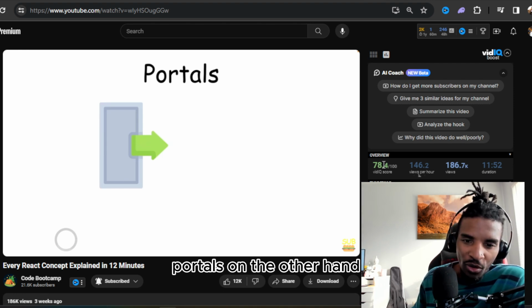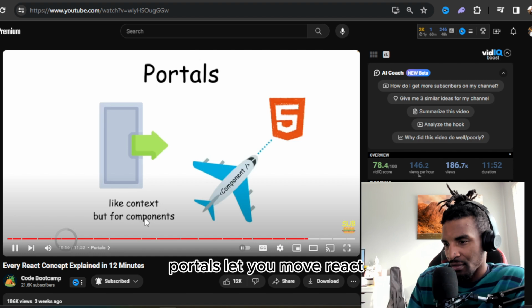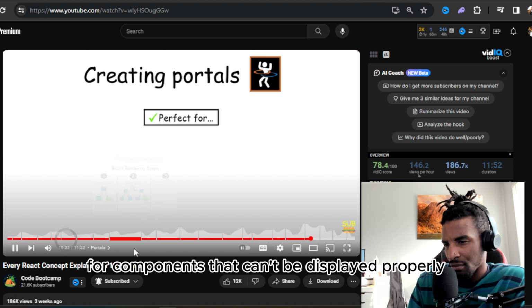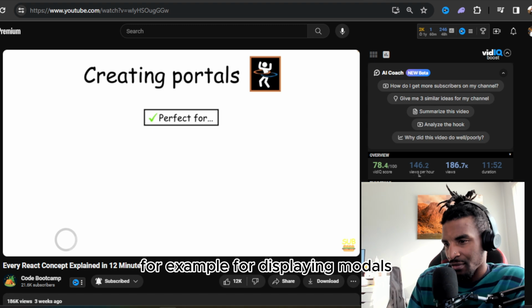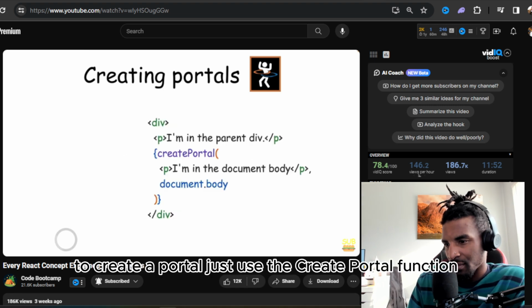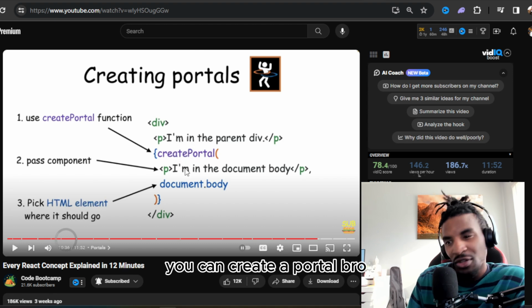Portals, on the other hand, are kind of like context but for components. Portals let you move React components into any HTML element you select. Portals are great for components that can't be displayed properly because of their parents' component styles, for example, for displaying modals, drop-down menus, and tooltips. To create a portal, just use the createPortal function, pass your component to it, and choose